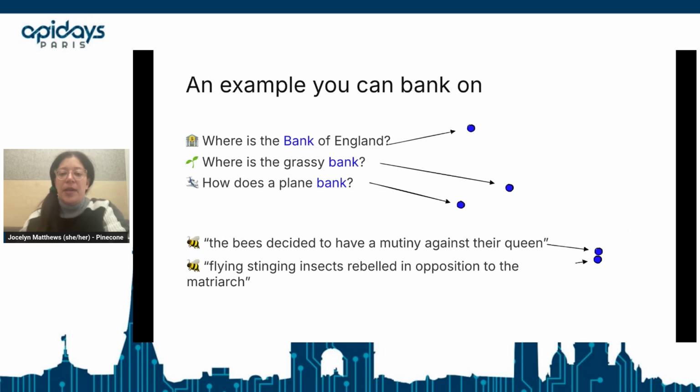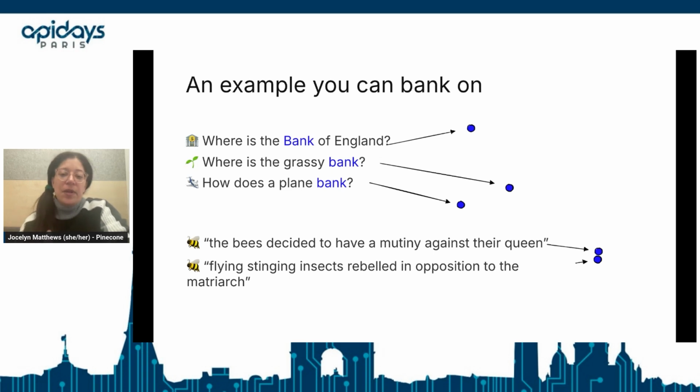So right here, we have 3 sentences at the top. The first is, where's the Bank of England? The second is, where's the grassy bank? And the third is, how does a plane bank? And I've highlighted the word bank in blue 3 times. You can notice that even though the 3 queries contain the same keyword bank,